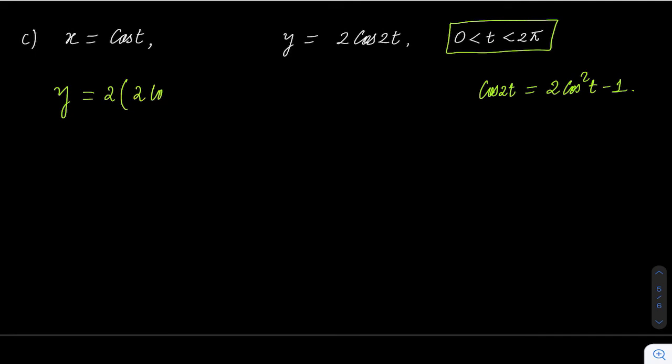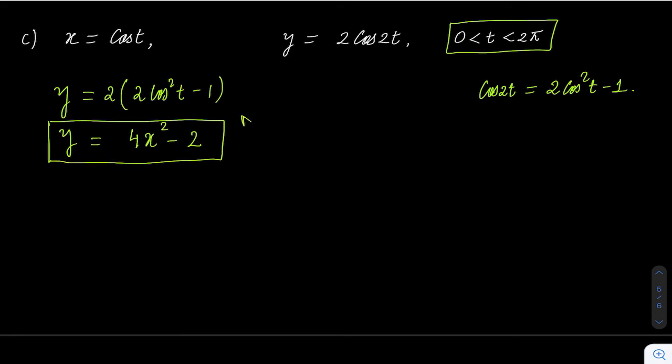So I can directly write y equal to cos 2t. Instead of cos 2t, I can write 2 cos square t minus 1. And cos t is x. So y will become 2x square minus 1. A parabola. Quadratic, right? Quadratic means parabola. So we have this Cartesian equation. Now we have to find the range and domain. I think you can very easily find the domain and range.